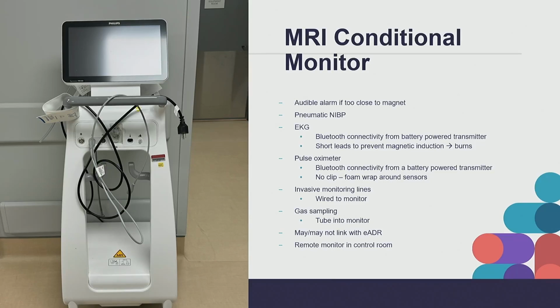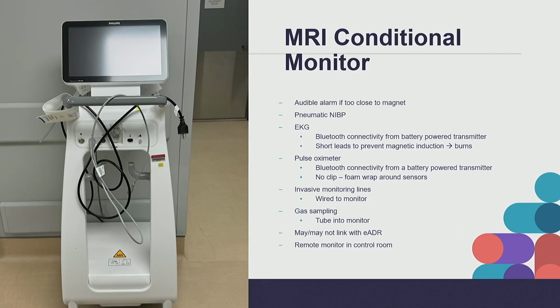They have a pneumatic blood pressure cuff, and then Bluetooth connectivity for the EKG and the pulse ox. Invasive monitoring lines are possible, and they're wired to the monitoring, and the gas sampling line goes into that with a tube. These may or may not work depending on your ADR and the manufacturer. But keep in mind, this is still MRI conditional, even though it's made for an MRI